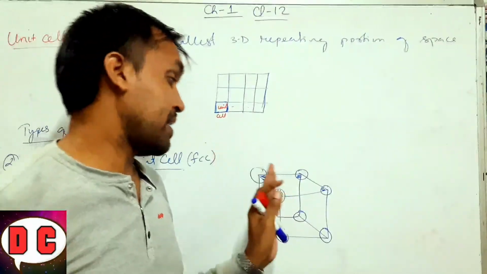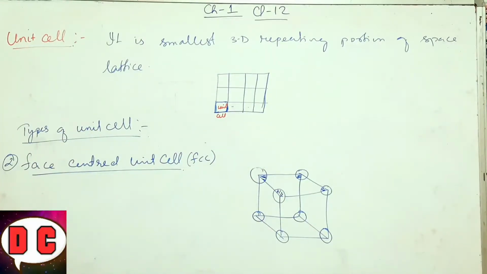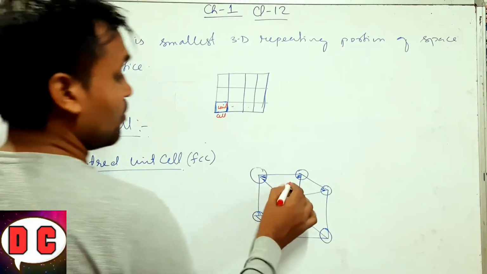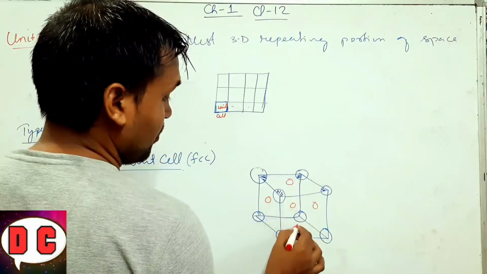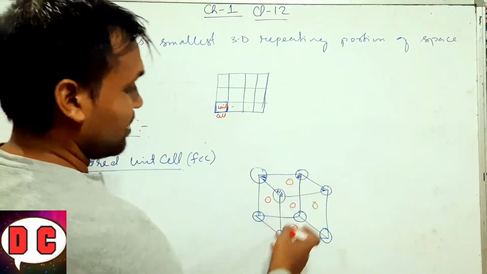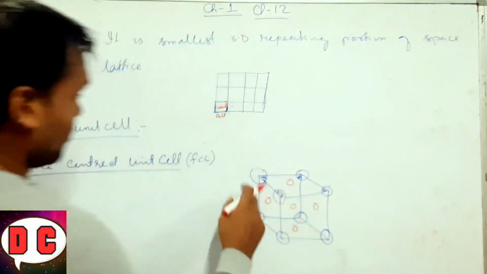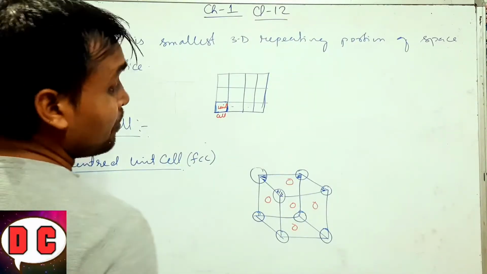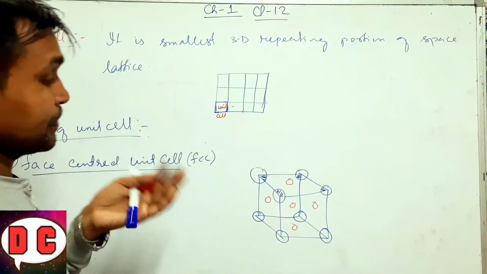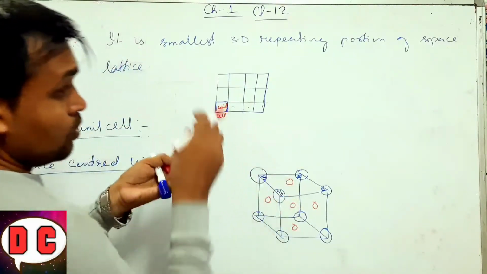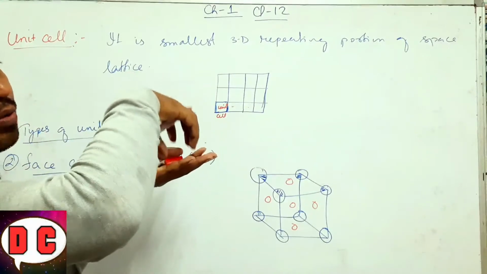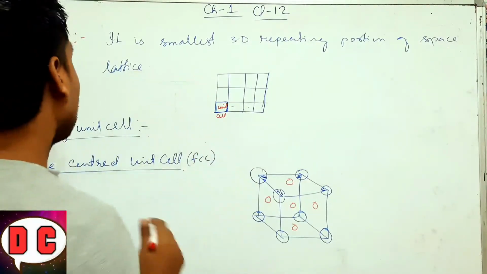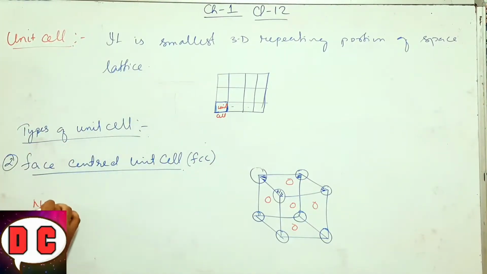So total faces are 6. So number of constituent particles, here will be 1, here it will be 1, here it will be there 1, here it will be 1, here it will be 1. Okay, since it is a 3-dimensional diagram, so I cannot represent all the things here, but I think you have understood the example. So 6 constituent particles beside this corner one, there will be 6 constituent particles present at the surface. So we'll write here number of atoms